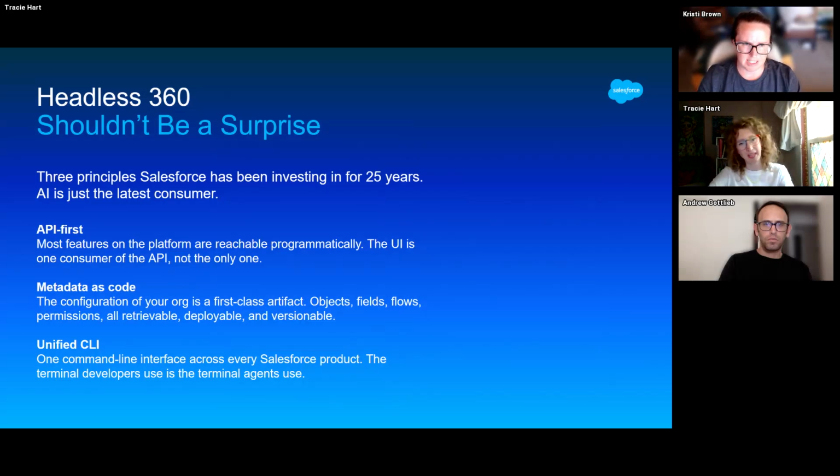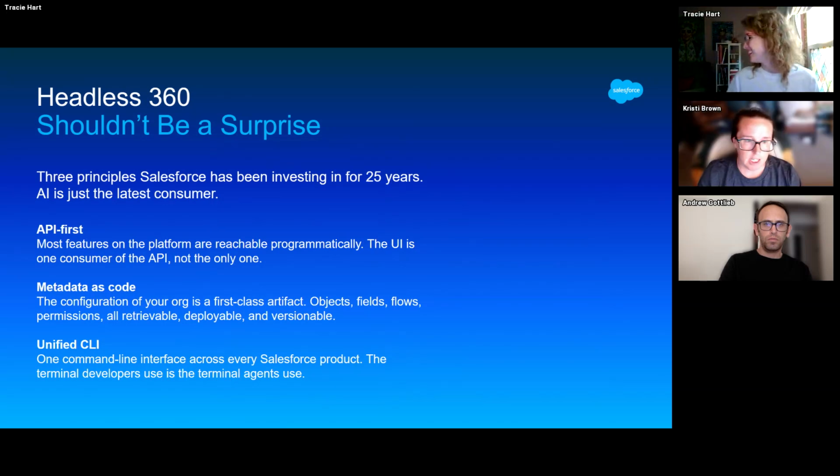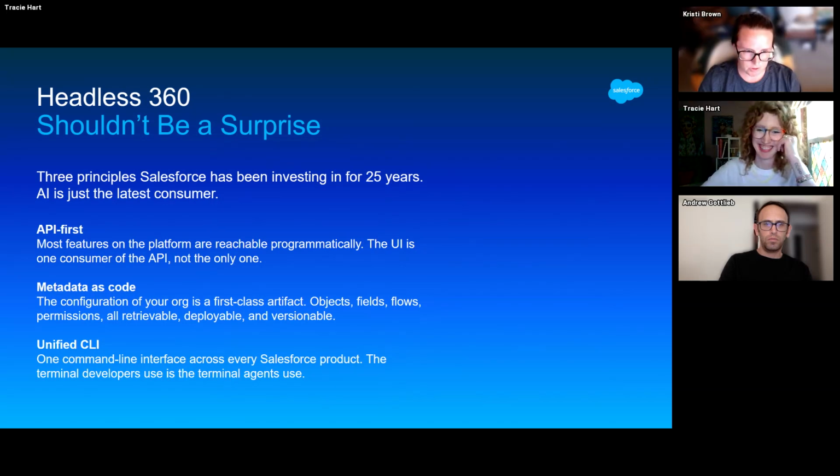All right, this is just a call out. Salesforce has been building to this for a long time. They've been moving to this API first mentality for years. I really think that marketing slide, it's a marketing slide, but it's also true. Lightning Experience was really one of the first big steps towards this API first, and their acquisition of MuleSoft. So yes, a marketing slide, but they've been working on all of these for years, which means that